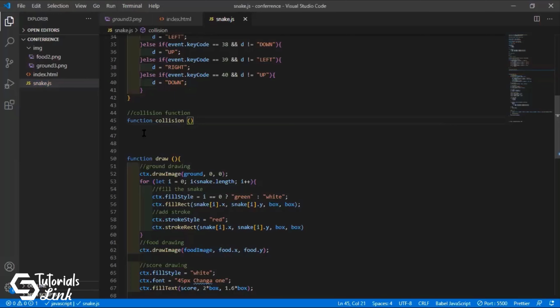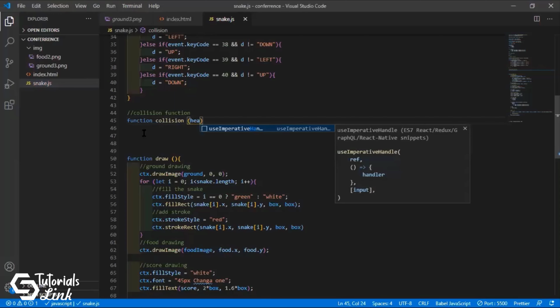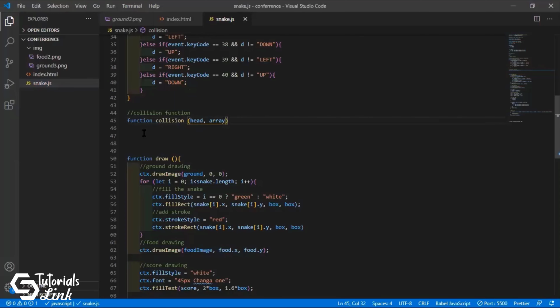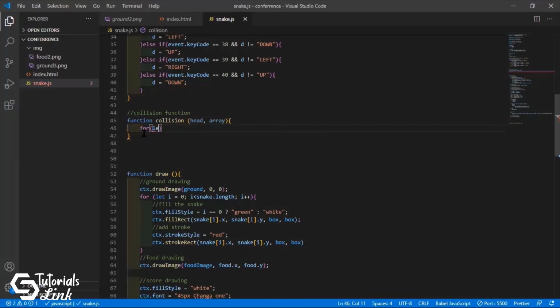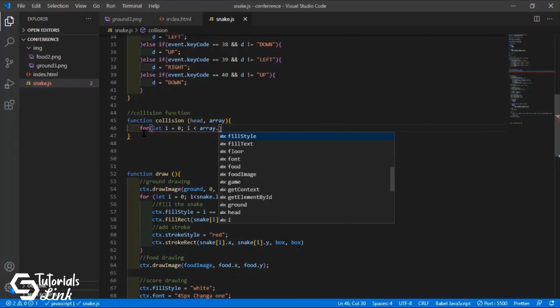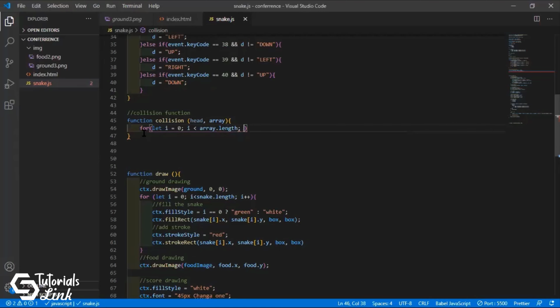So we are getting two parameters. First is head, next is array, and inside this we will check for let i equals to 0, and array. If the i is less than array length, which is the snake length, the i will get plus plus.